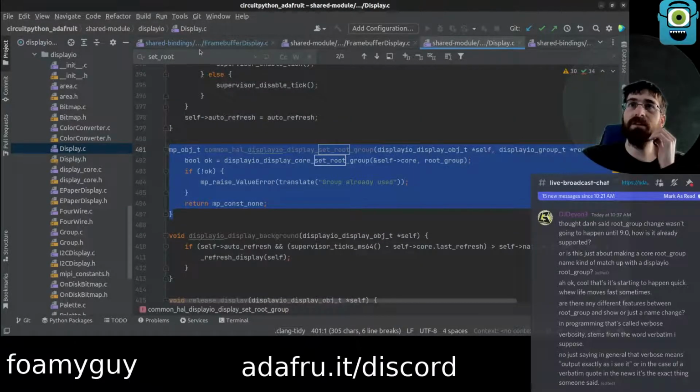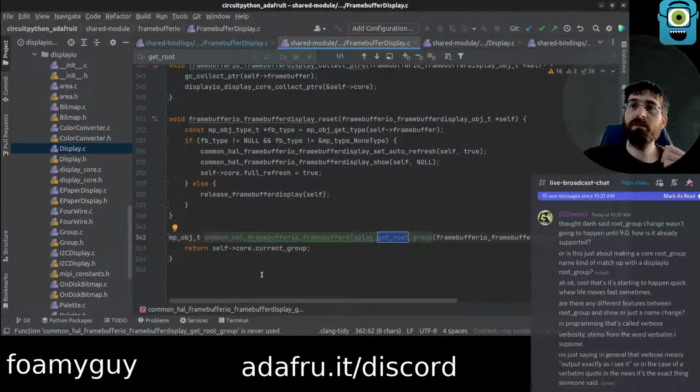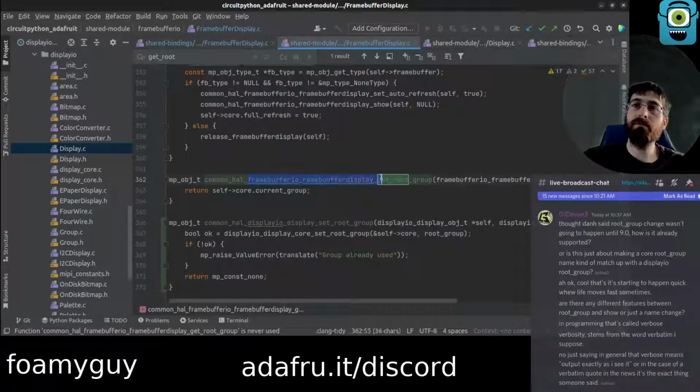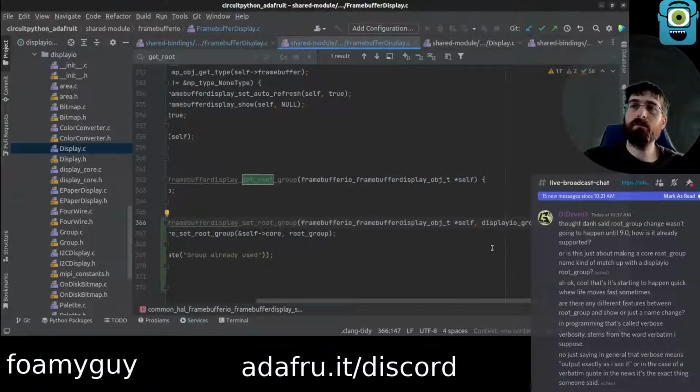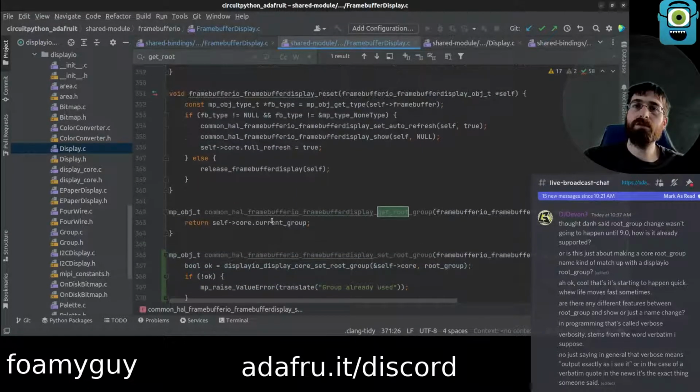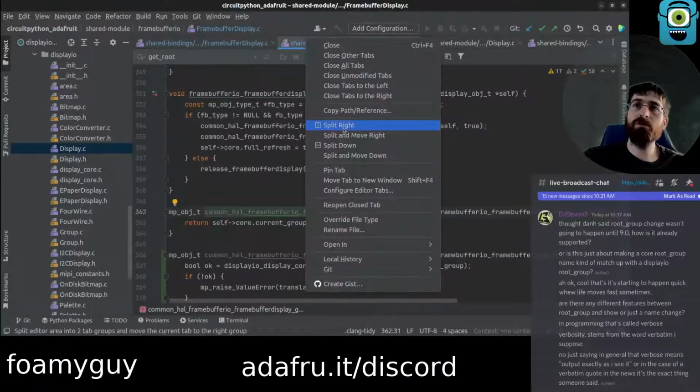It feels like right next to get root group would be a good place for it, which is the end of the file in this one. And then we'll just go back to show.